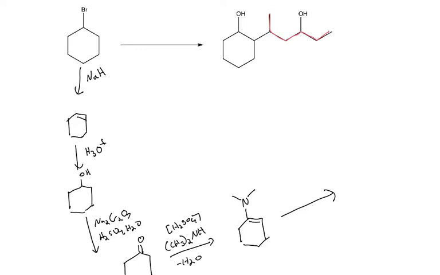So I want to react my enamine. I have 1, 2, 3, 4, 5, 6 carbons in the Michael acceptor. And then I need to put the double bond between the alpha and beta carbons. And then if I follow that up with H3O plus,